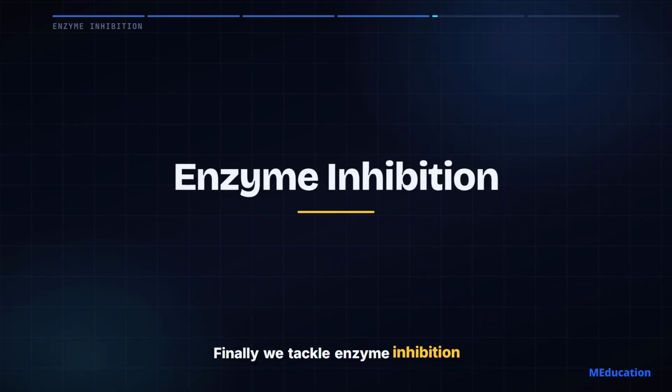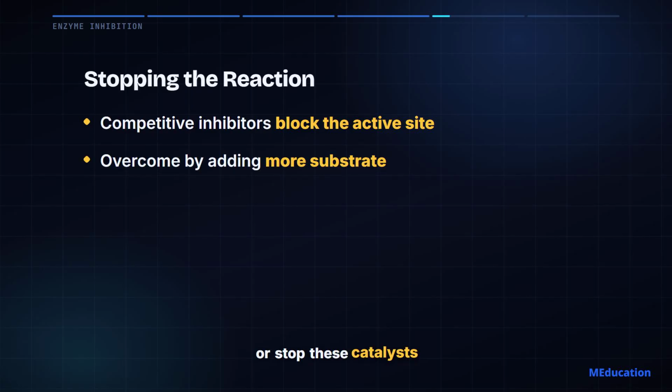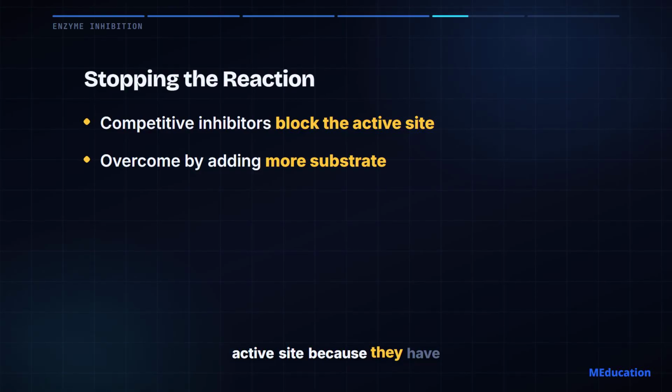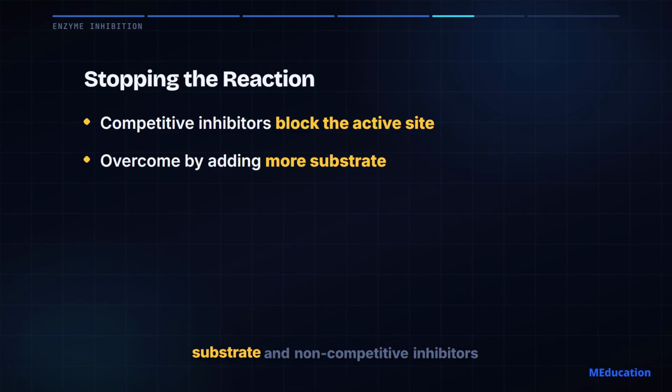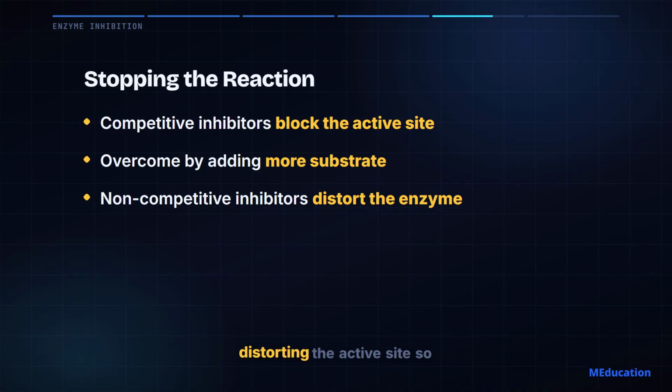Finally, we tackle enzyme inhibition. How can we regulate, slow down, or stop these catalysts? You will distinguish between competitive inhibitors, which temporarily block the active site because they have a similar shape to the substrate, and non-competitive inhibitors. Non-competitive inhibitors bind to a separate allosteric site, distorting the active site so it is no